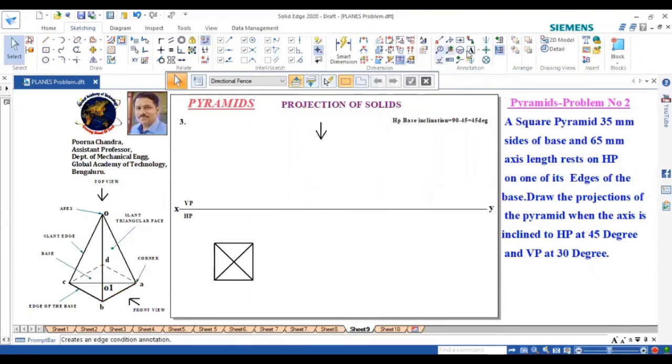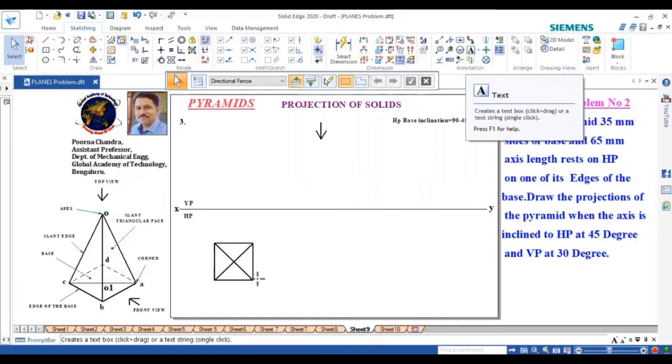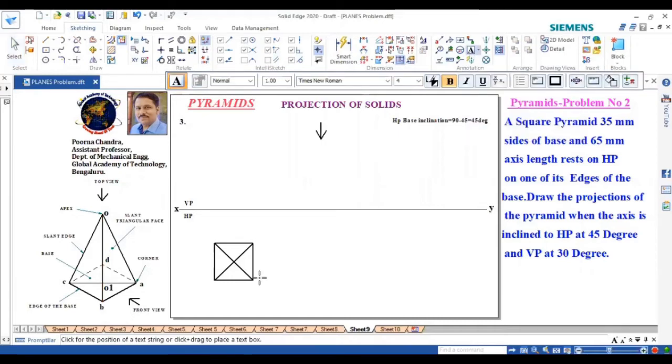So we shall name this. Naming is very simple here. You can just name it as A, B, C, and D. Here we have O bracket O1. Okay, so naming is done.